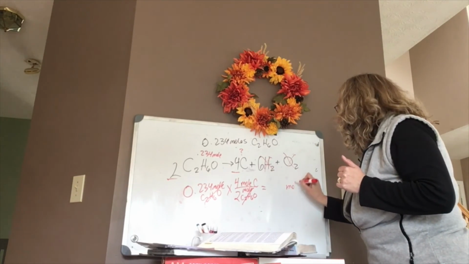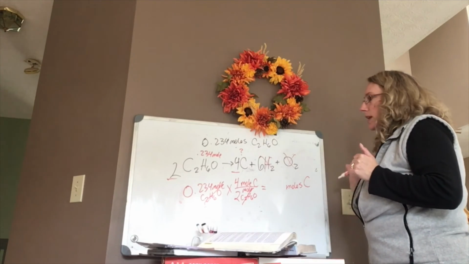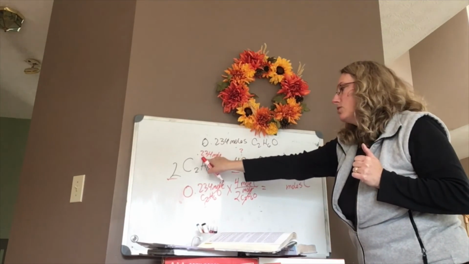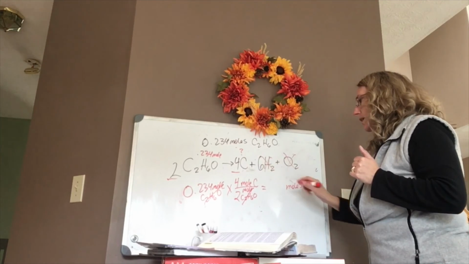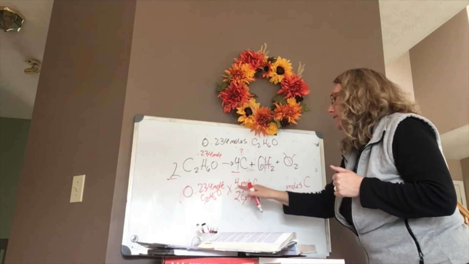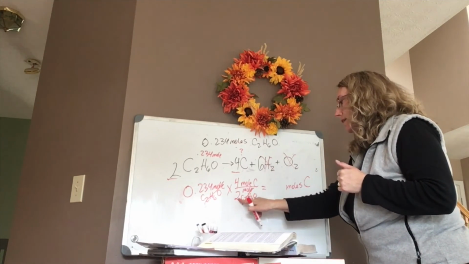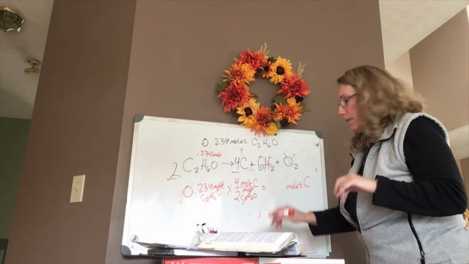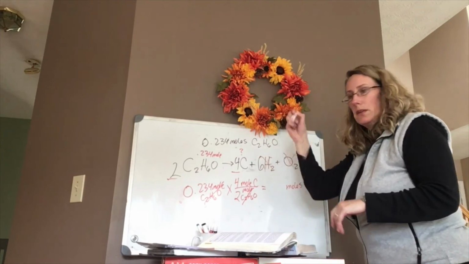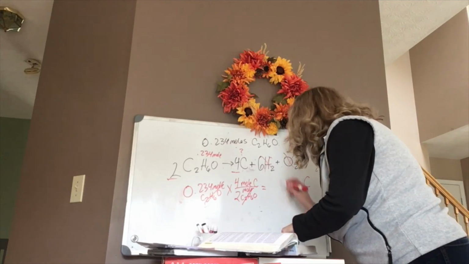I'm left with how many moles of carbon I will end up with. So when that much breaks down, how much do I get? Well, I take that number times the top number divided by the bottom number. In this case, I could just multiply it by 2. So you'd stick it in your calculator, and you would get